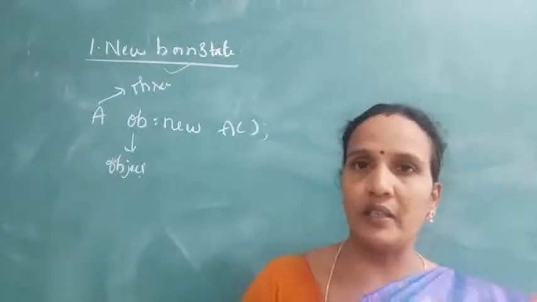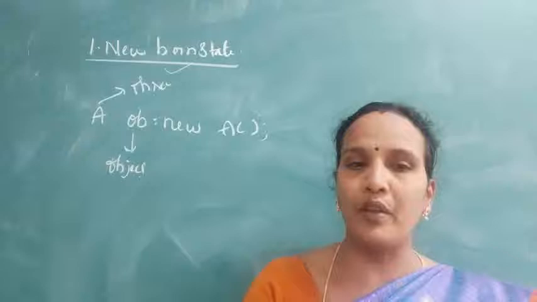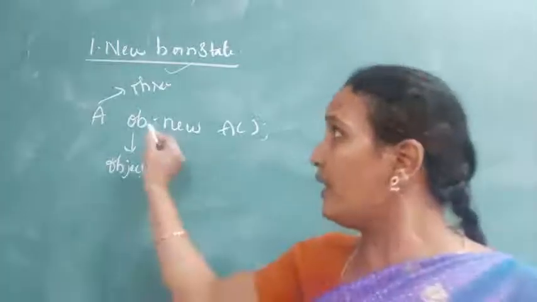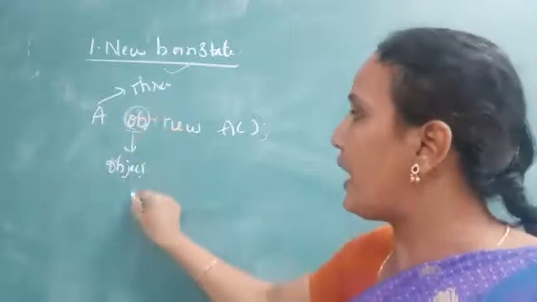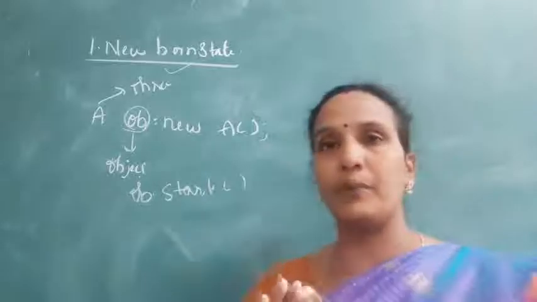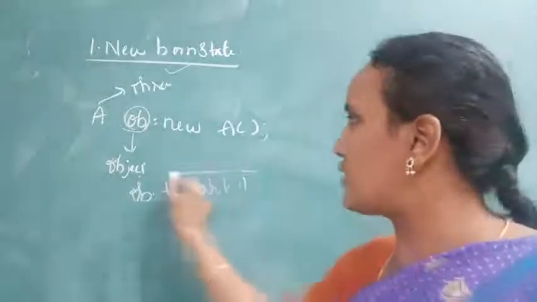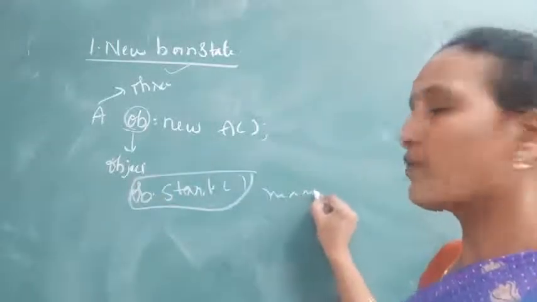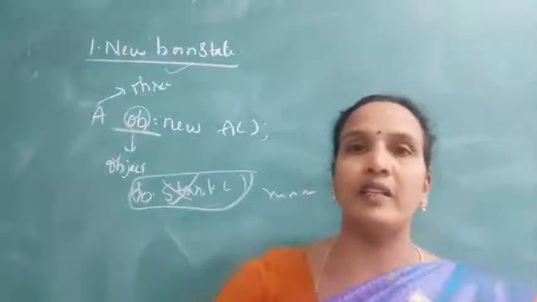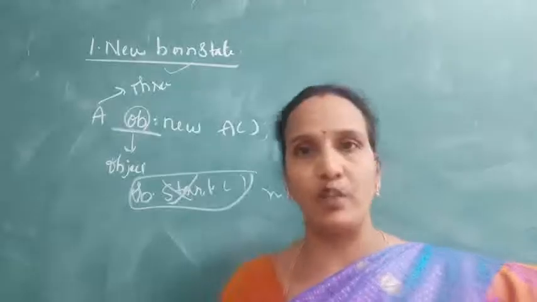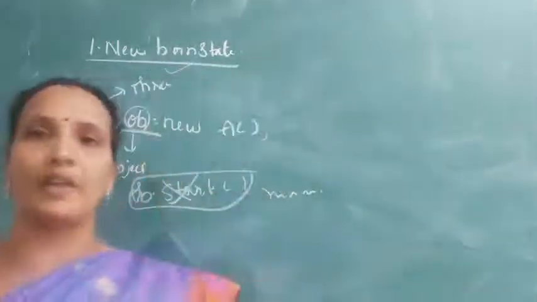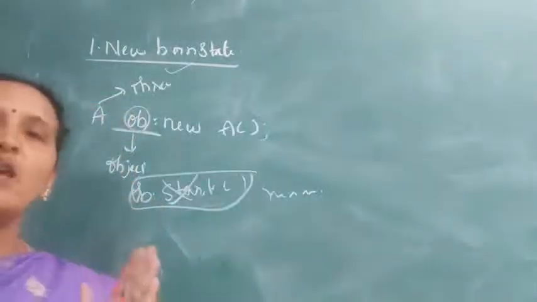In this stage, the thread will just be waiting unless you call the start method. Here I have only created an object. But when I call OB.start, the thread execution is started, and this is called running. For example, if I am not doing this and just creating the thread, and later I will execute it, that is called a newborn state. A thread is created but it is not scheduled for running; such a state is called a newborn state.